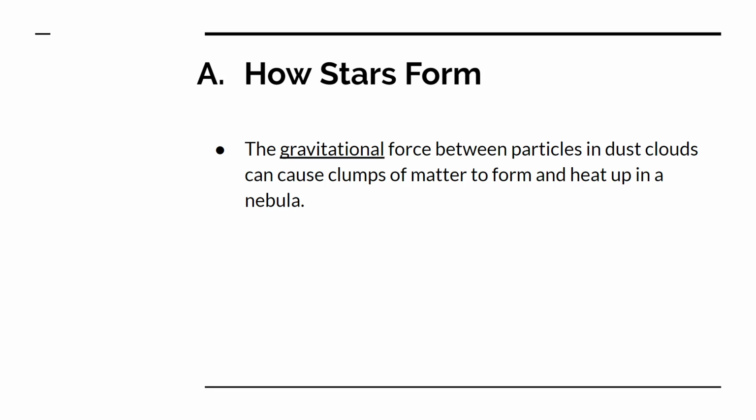So how do stars form? Well, the gravitational force between particles and dust clouds can cause clumps of matter to form and heat up in a nebula. So remember, interstellar space doesn't have much stuff, but the nebulas have a lot. So it's possible that in the nebula, some of the little gas particles and the dust particles meet and they get a little bigger. And because they're a little bigger, they get a little bit more gravity, which means they can grab a little bit bigger particles away from them. And then once it gets those, it gets even bigger and can grab particles even farther away. So it just keeps building up like this